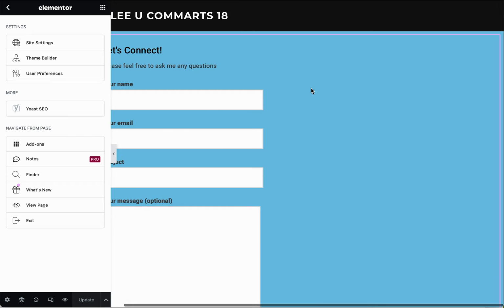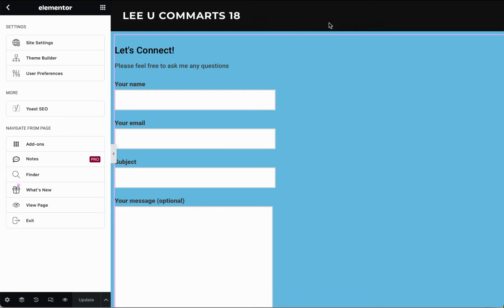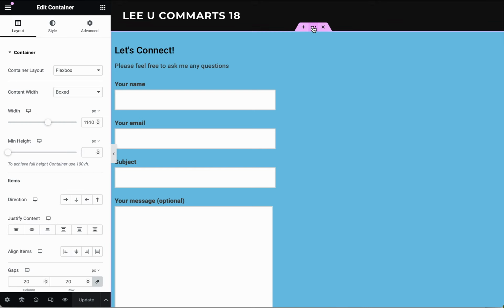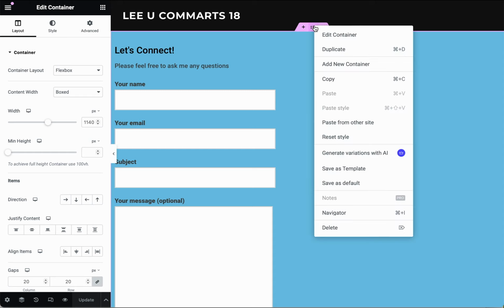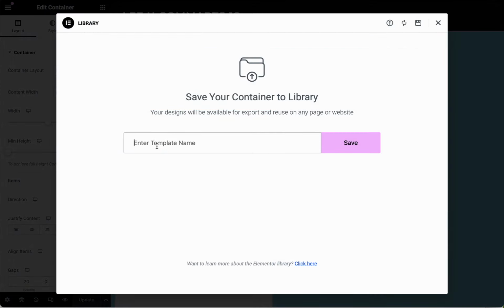But before I do that, I want to be able to save this as a template. So I'm going to come up and click on the tic-tac-toe edit container box, right click, and save it as a template. And so I'm going to name it contact page 1, save,